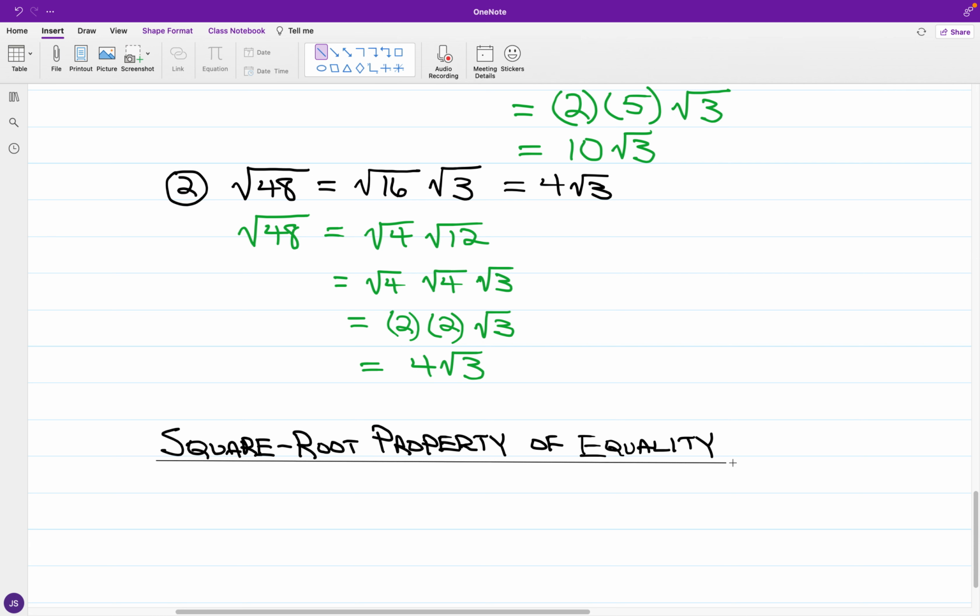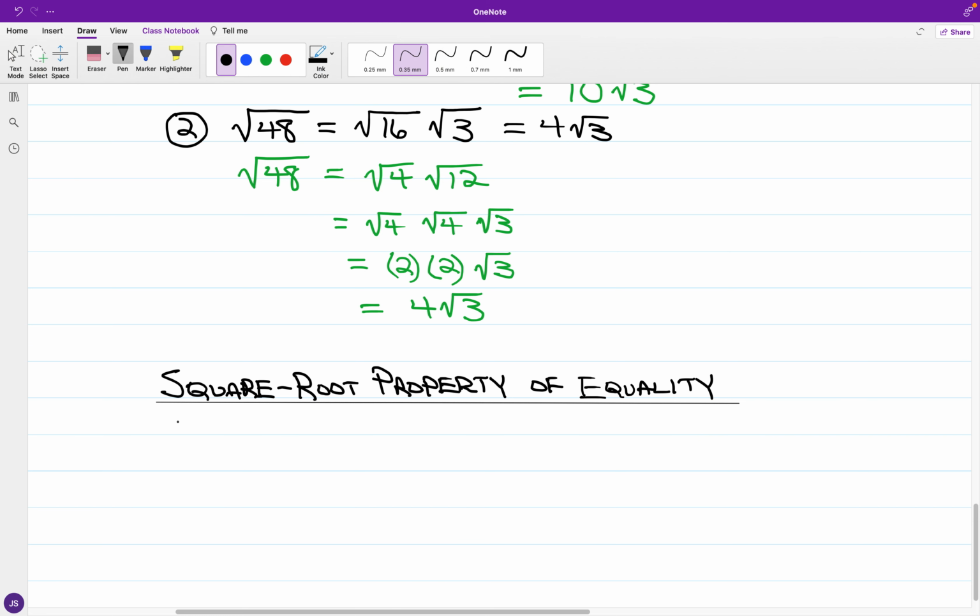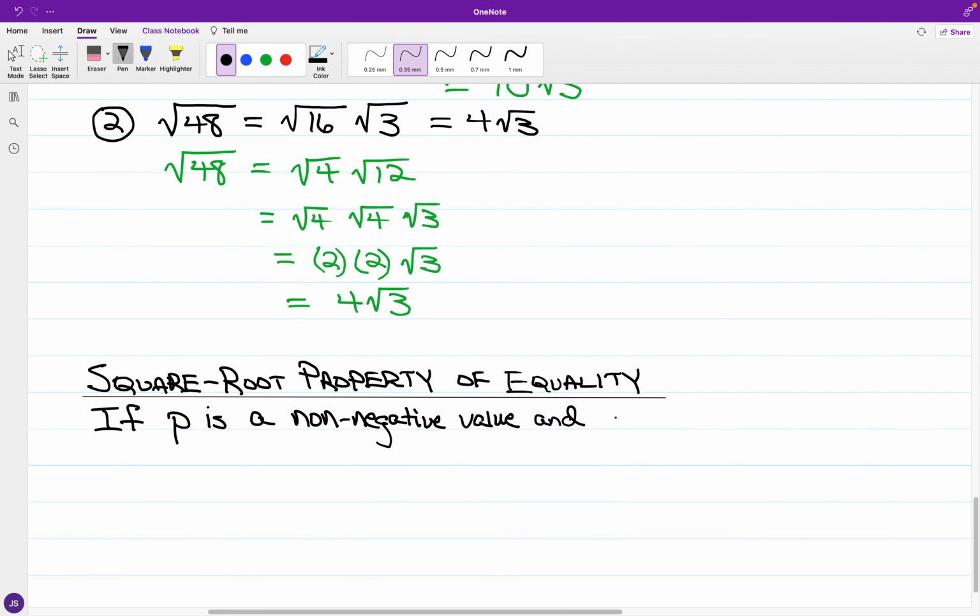And in the case of the square root property of equality, since we're dealing with real numbers right now, say that if you have a general constant value p, say that if p is a non-negative value, and we have, let's say, that x squared is equal to p,